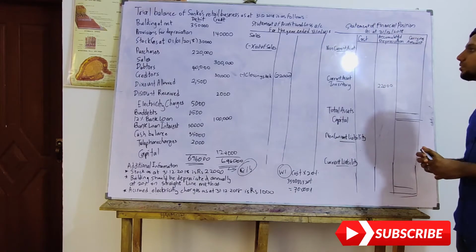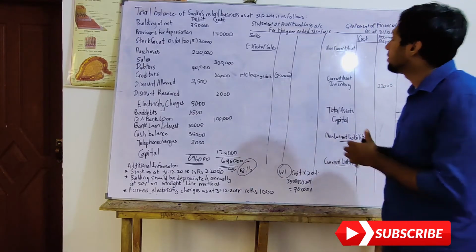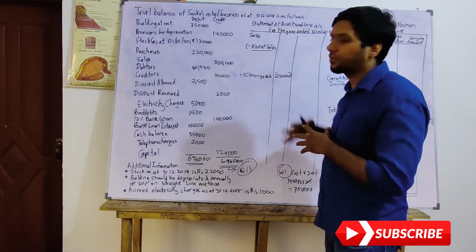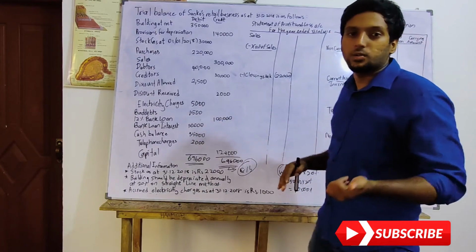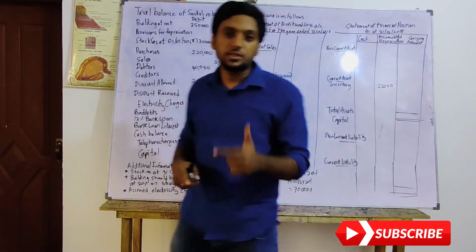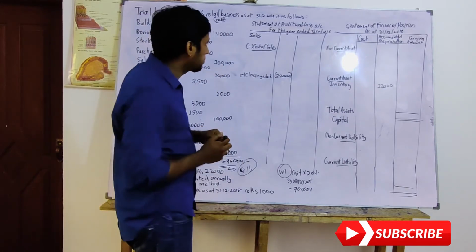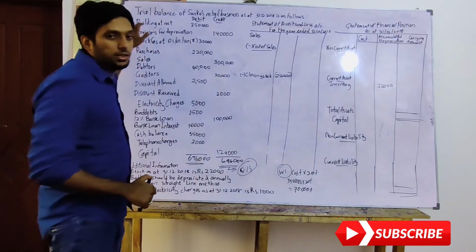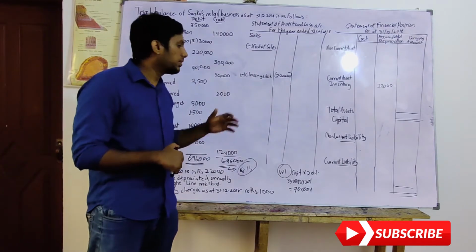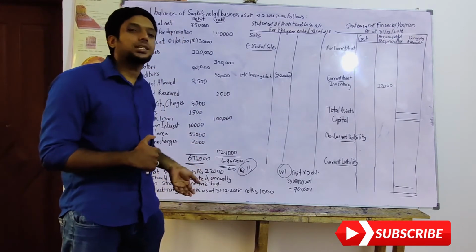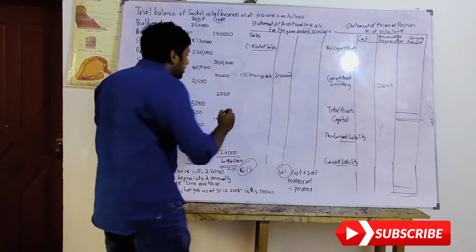You need to know that when you are doing the expense part of the statement of profit and loss account, expenses are divided into three: distribution expense, administration expense, and finance expense. So I'm going to take this under administration expense because the building is a part of administration. You use the building day to day, so I will consider the depreciation as an administration expense. So here I'm going to put 3.